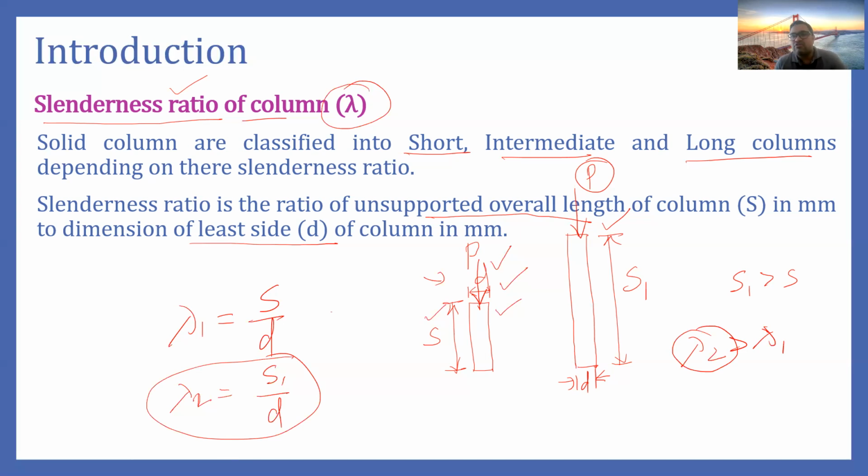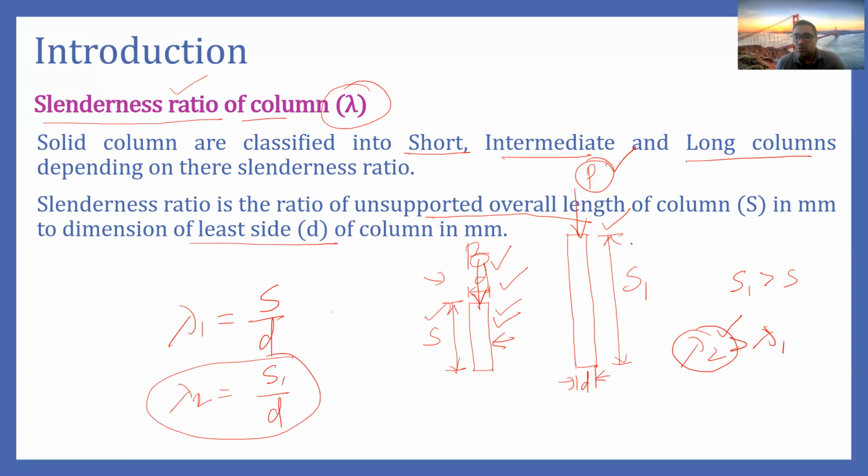Now, what is the effect of bending? The effect of bending is that the load carrying capacity of the column will decrease as the length of the column increases, or as the slenderness ratio increases. Therefore, our intention is to design short columns, because if the slenderness ratio is low, the column can utilize its full strength, which means it will fail under compression by crushing, because the ideal failure of a column should be crushing under the compression load.